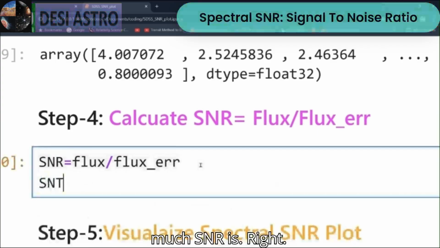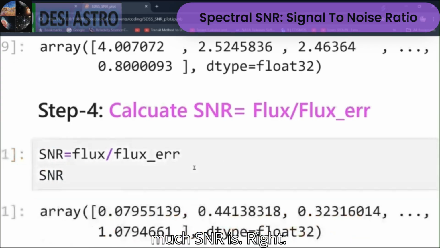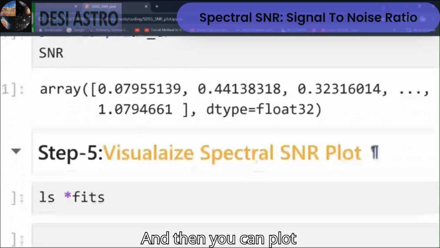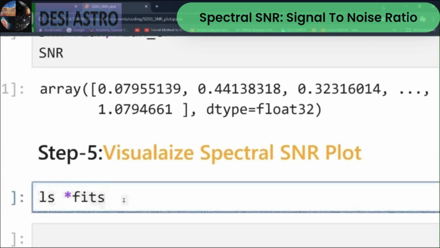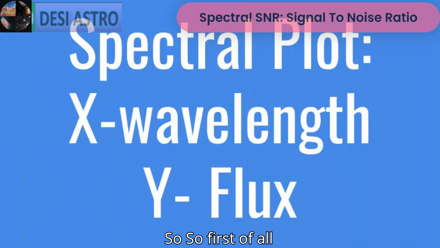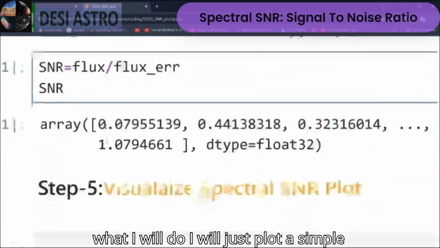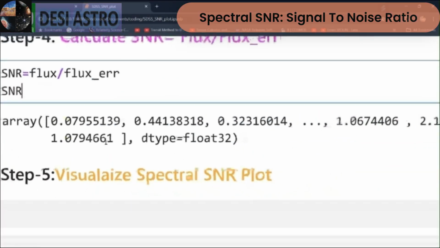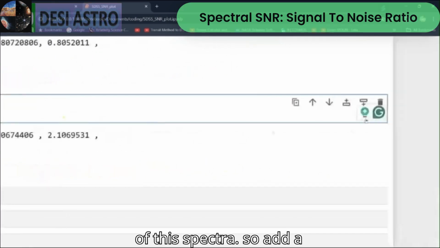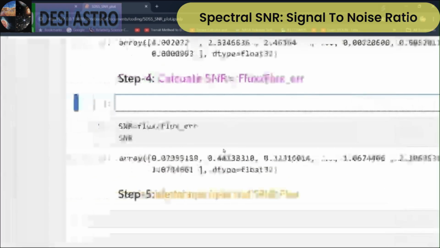So you can see how much SNR is, and then you can plot this spectra, right? First of all, I will just plot a simple flux versus wavelength of this spectra. So add a cell here,